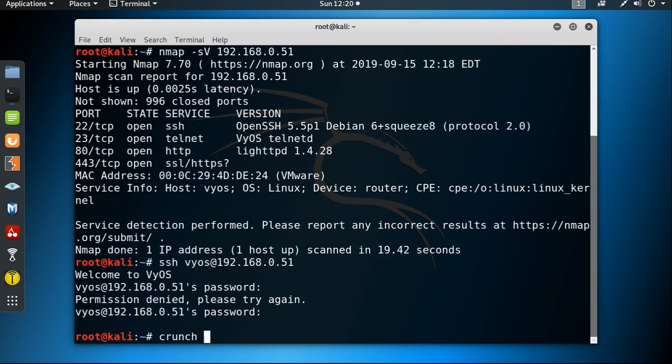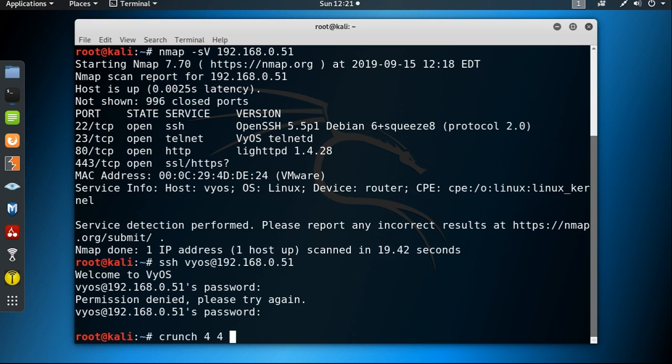Crunch, the tool name, then the minimum length of the password. Suppose I consider the minimum length of the password as 4 and the maximum length as 4, and then the characters from which it creates the password.